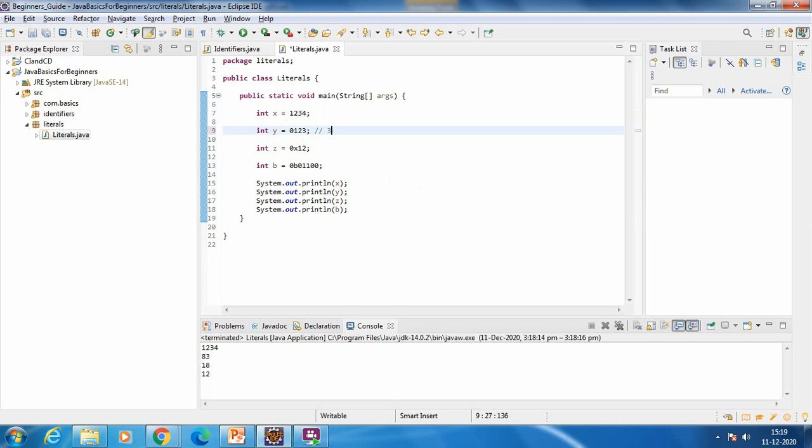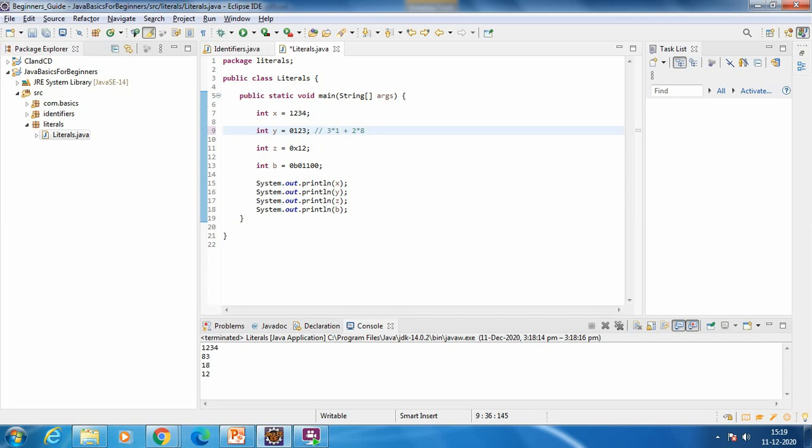That is 3 into 8 to the power of 0, since it's an octal number. 8 to the power of 0 is 1, plus the next number is 2 into 8 to the power of 1, that will be 8,